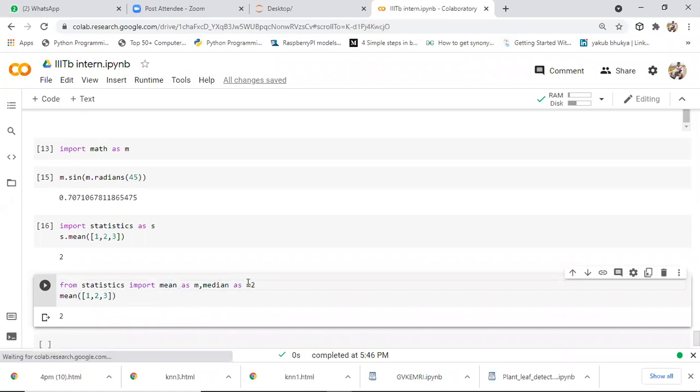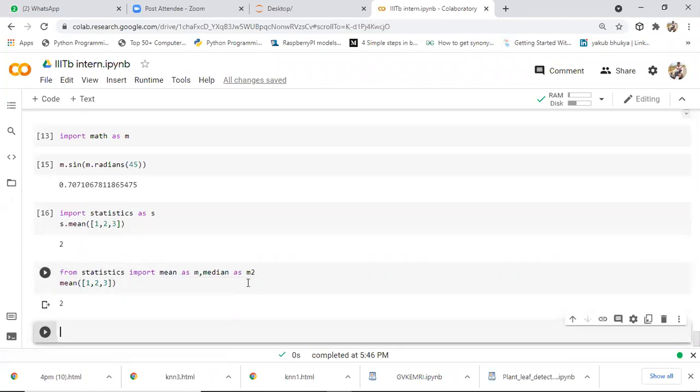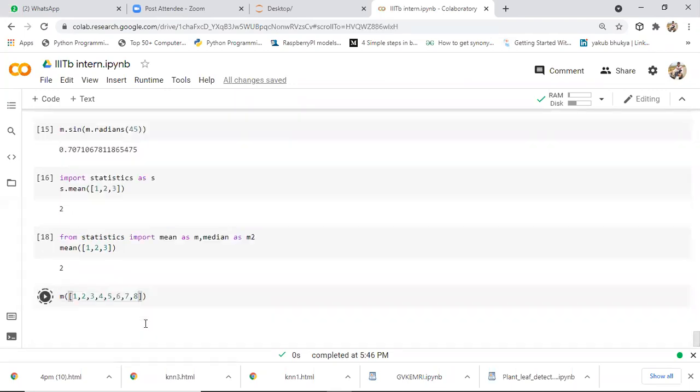I'm taking these two functions with alias names. Now to calculate the mean, simply say M of 1, 2, 3, 4, 6, 7, 8. Suppose I specified these values; it will give you the mean of all these values.